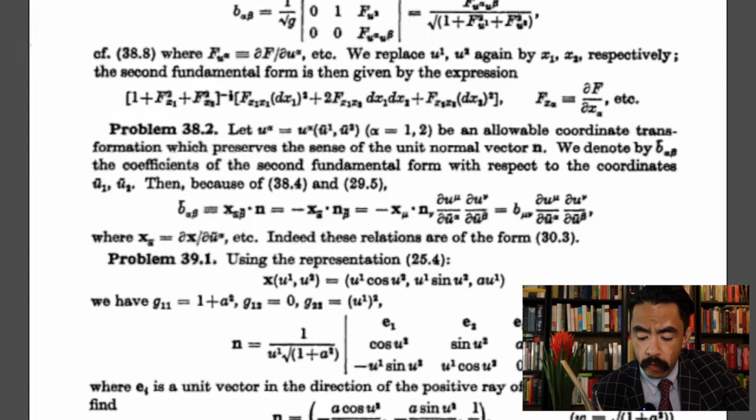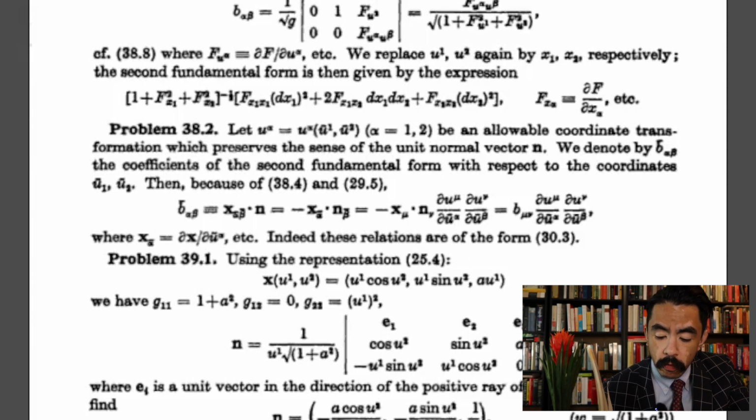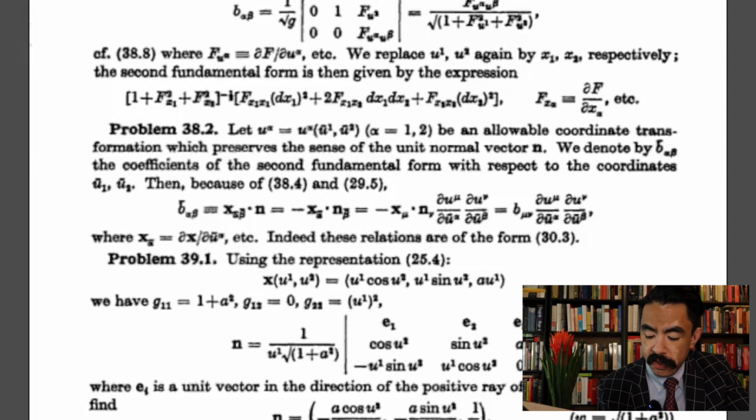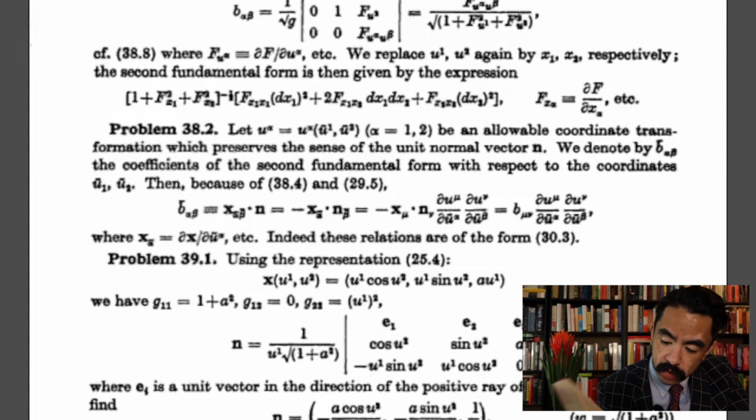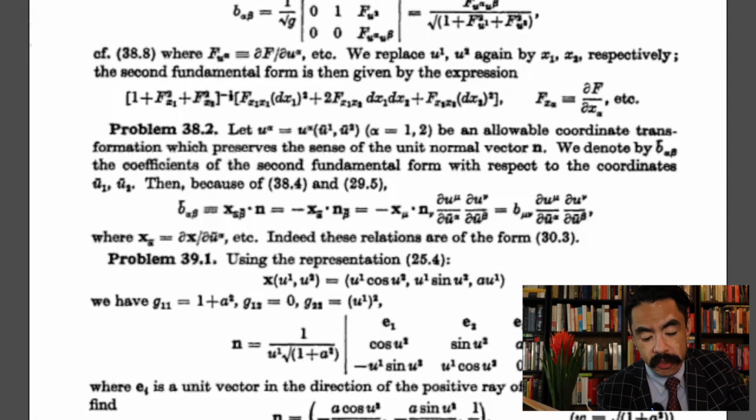We denote by b over bar sub alpha beta the coefficients of the second fundamental form with respect to the coordinates u over bar 1 and u over bar 2. Then, because of the relation b sub alpha beta equal to the scalar product of negative x sub alpha and n sub beta, as well as the transformation law for covariant tensors, b over bar sub alpha beta is equivalent to the scalar product between x sub alpha over bar beta over bar and n, which is then equal to the scalar product of negative x sub alpha over bar and n sub beta over bar,